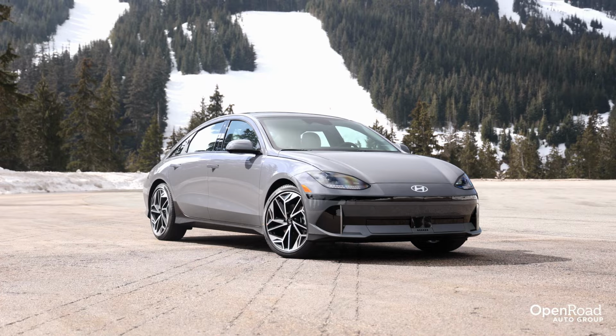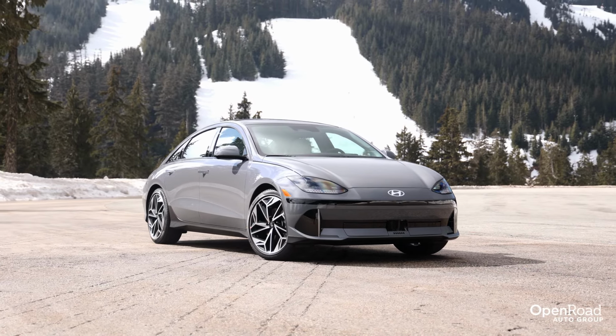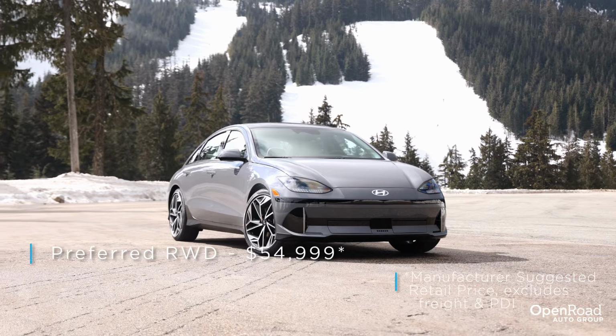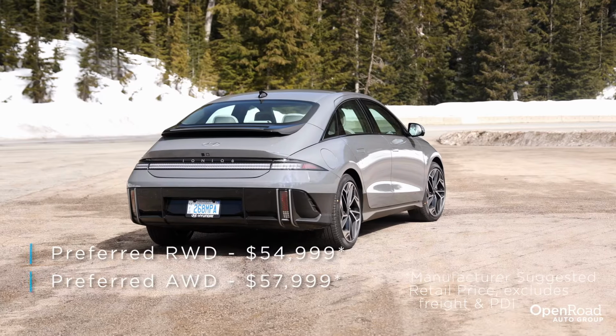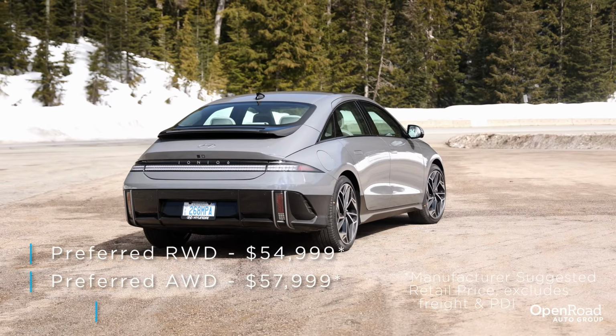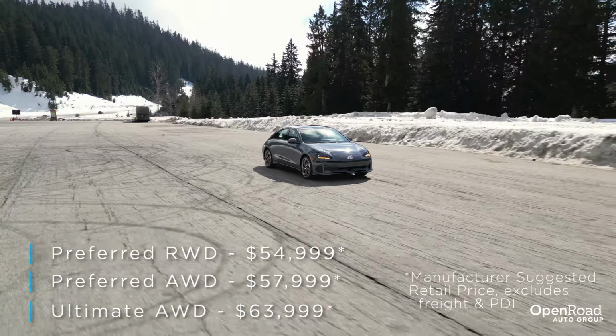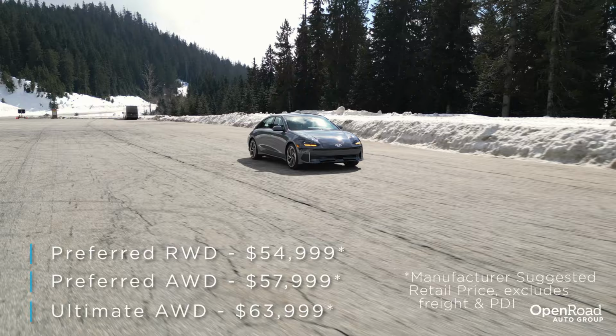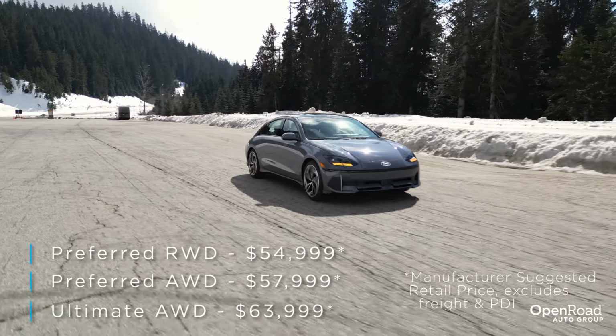The 2023 Hyundai Ioniq 6 has a starting price of $54,999, which does make it eligible for government rebates. However, this is only for the rear-wheel drive long-range version. The all-wheel drive variants cost $57,999, and the all-wheel drive with the Ultimate package costs